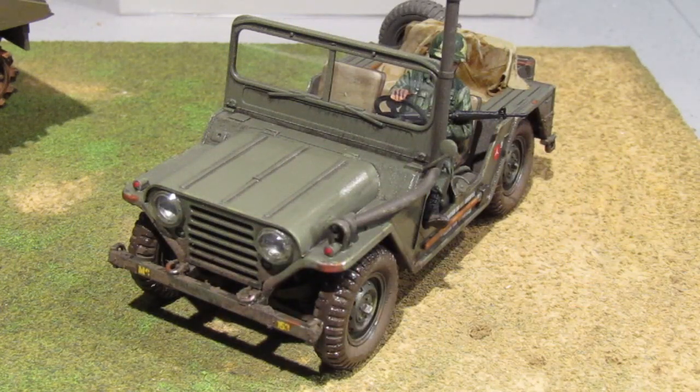Okay guys, so here it is. This is the Tamiya 1/35th scale Ford Mutt. Obviously it's a model of the Jeep that was used during the Vietnam War. Really fun kit to put together. No fit issues at all with this. It was a breeze, but then that's what you expect from Tamiya. I just want to point out a few things, something that I've tried a bit different on this build, and the first one is